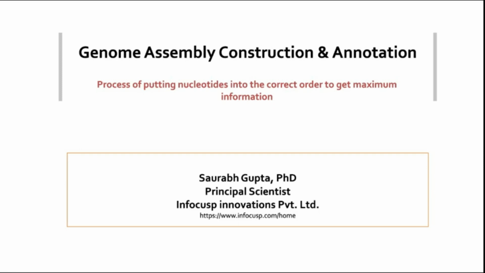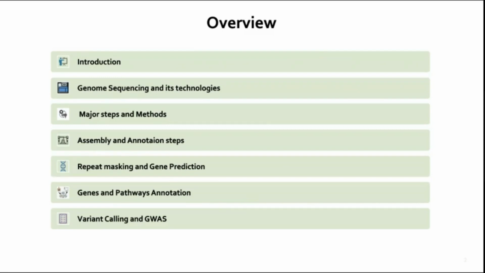So I will go through these steps one by one. Obviously the introduction will cover why it is required and why it is necessary, and then I will put some light on the different kinds of genome sequencing technology, how sequencing happens and what kind of sequencing is necessary. Then we'll go to the different steps participating in the assembly construction part, and why we need to construct an assembly, all the steps, and after construction of the assembly